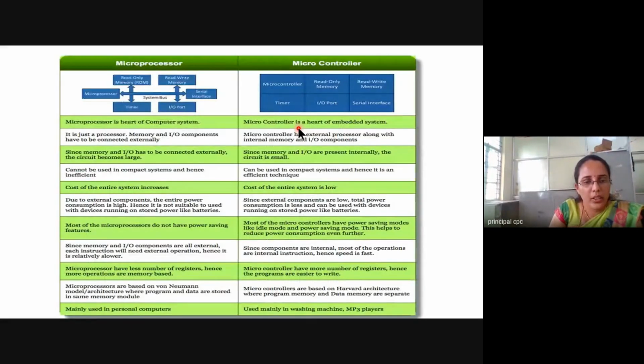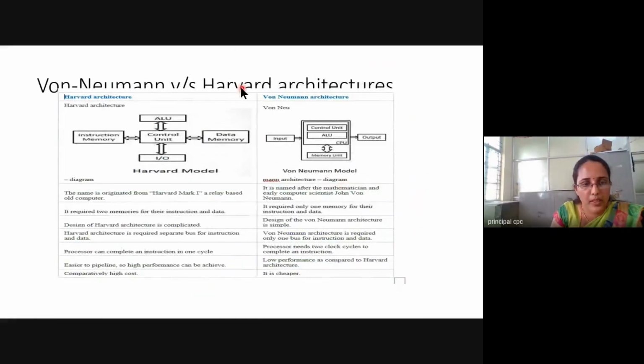So next, you can say microprocessors are of von Neumann architecture, and microcontrollers are of Harvard architecture. Harvard architecture versus von Neumann architecture: in the figure itself, you can distinguish between these two architectures. You have instruction memory and data memory, and these two memories are separate in this case.